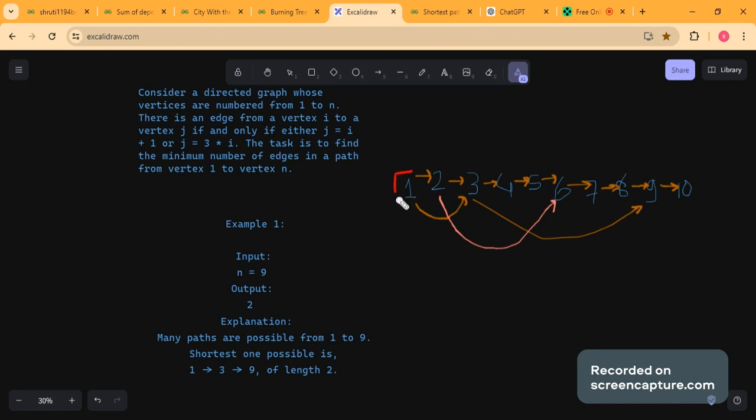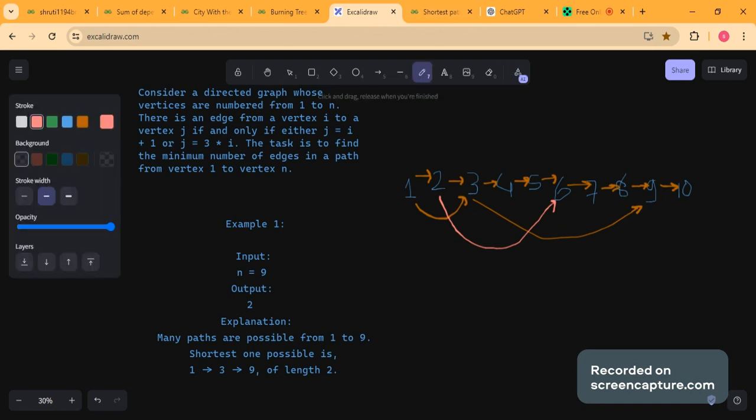So in this case, we got two edges from 9 to 1. Suppose this was a larger series, and now we have 11 here. So n is given as 11 right now. I will check if n is divisible by 3. No, it's not, so I will reduce 1. Now I reach 10. Is it divisible by 3? No, so I will again subtract 1. Right now I am having two edges.